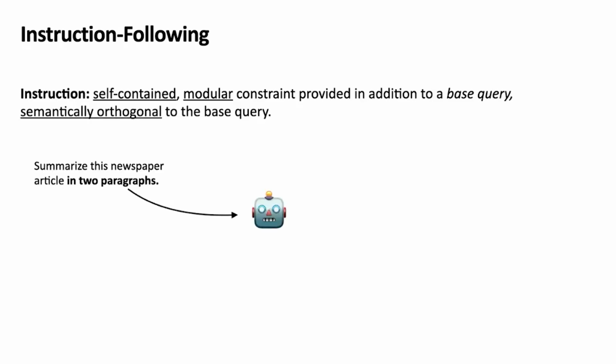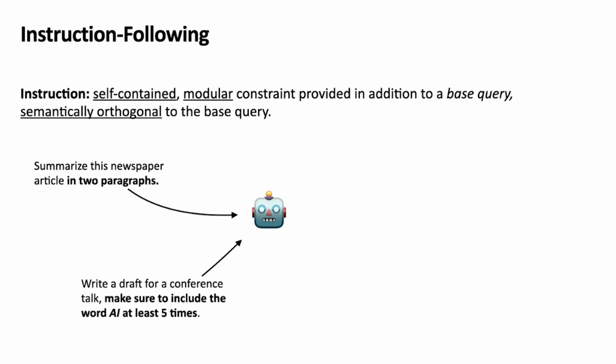For example, we might want to ask an LLM to summarize some text, and we might want to do that specifying a constraint that the length should be at most, for example, 2 paragraphs. This length constraint is one example of this instruction. It's clearly orthogonal to, unrelated to what the base query is, and can be applied to many base requests. Another example can be about the inclusion or exclusion of specific words. We can ask about the generation of some content, asking the model to include a specific word or phrase. And finally,